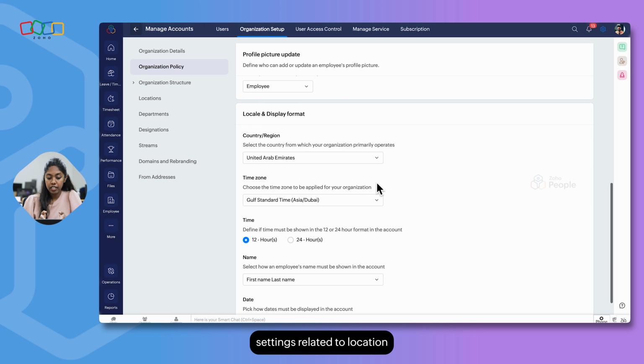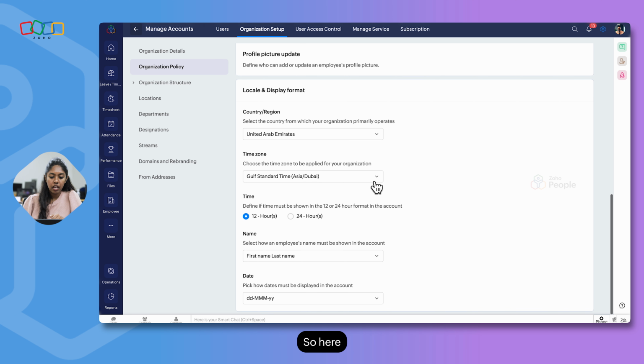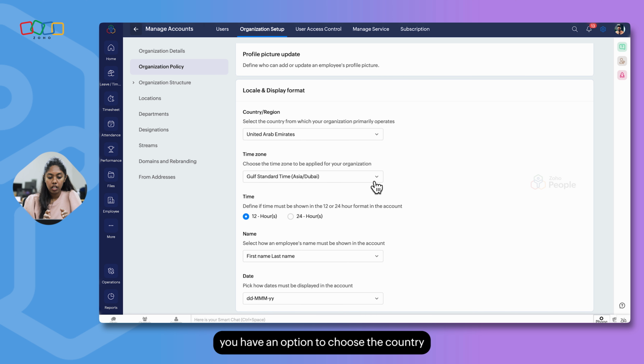And then we have settings related to location and display format. Here you have an option to choose the country and the time zone. The country represents the base location of your organization. Your organization might be operating under multiple geographical locations. However, the base location of your organization has to be updated here along with the time zone.